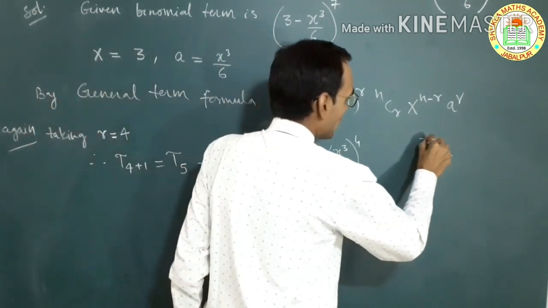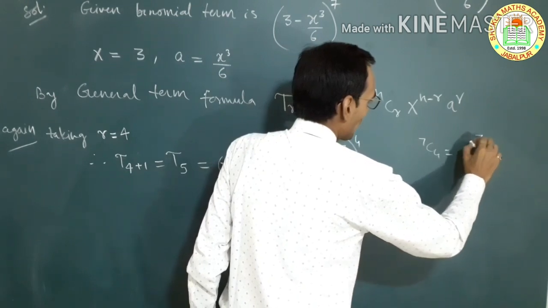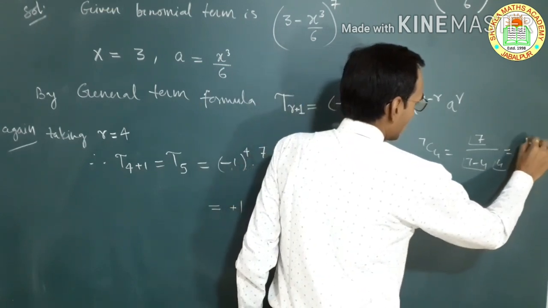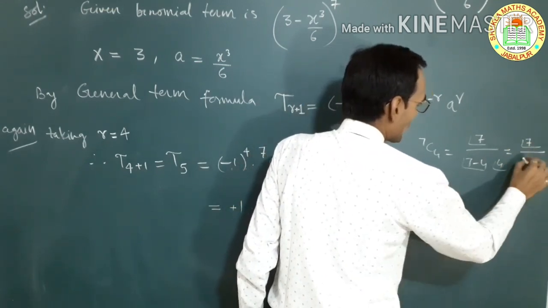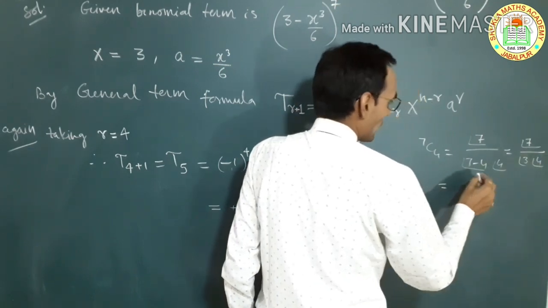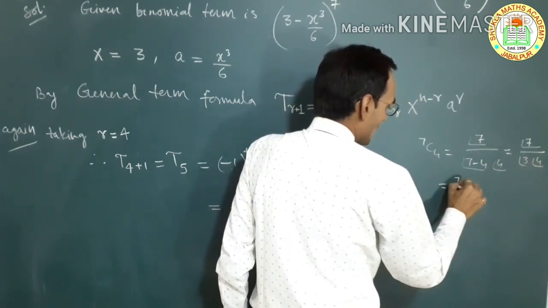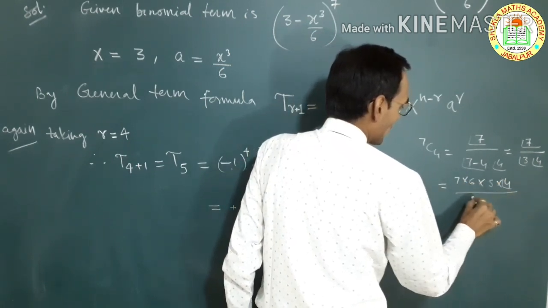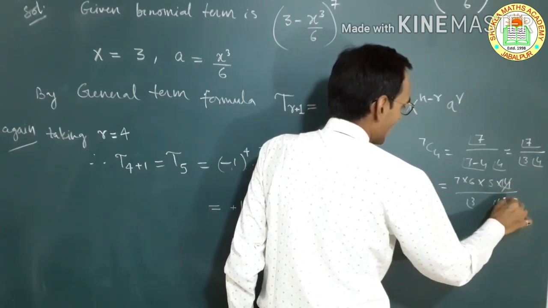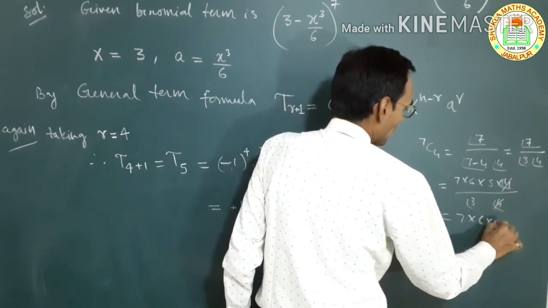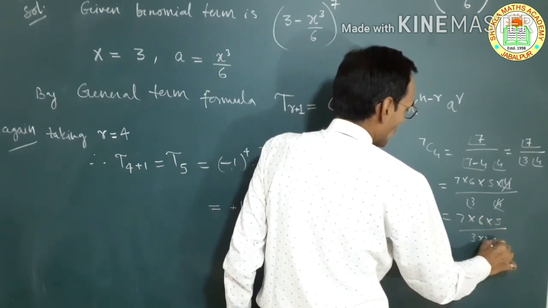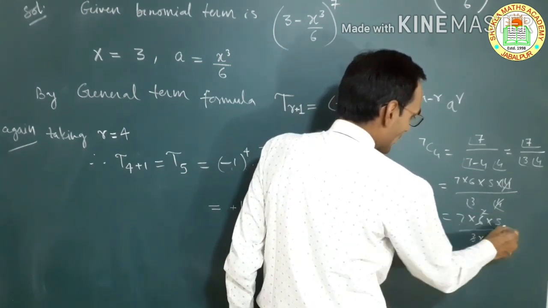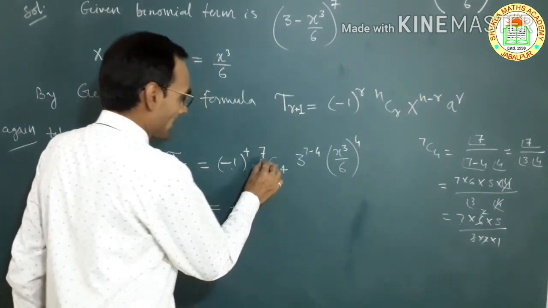Now 7c4 we will find separately by the combination formula, factorial 7 by factorial 7 minus 4 into factorial 4. First we subtract in the denominator, 7 minus 4 is factorial 3, and factorial 4 as it is. Now break the 7 up to 3. So 7 into 6 into 5 into factorial 4 upon factorial 3 into factorial 4. So we will cancel this, and 7 into 6 into 5 upon factorial 3, which is 3 into 2 into 1. Now 3 2s are 6 and 2 cancels, so 7 5s are 35. So 7c4 is 35.